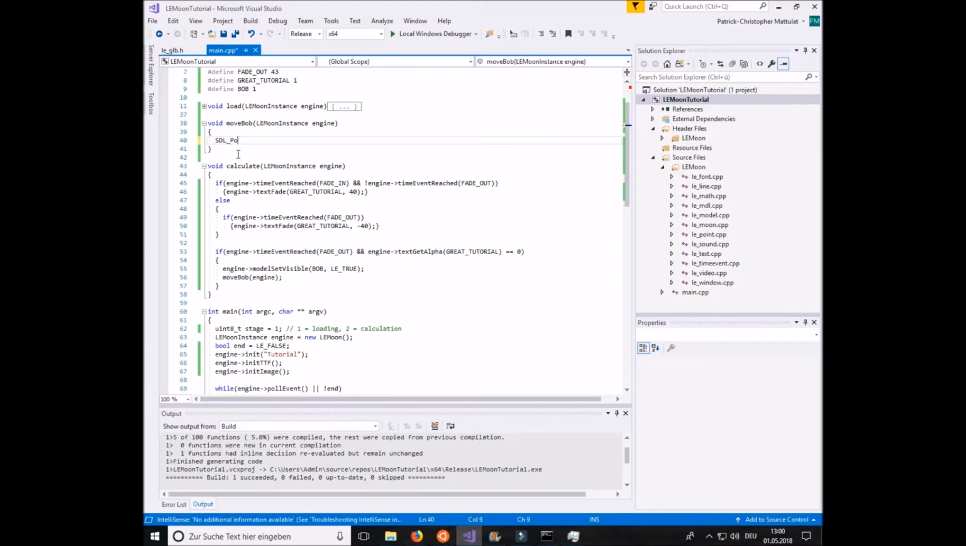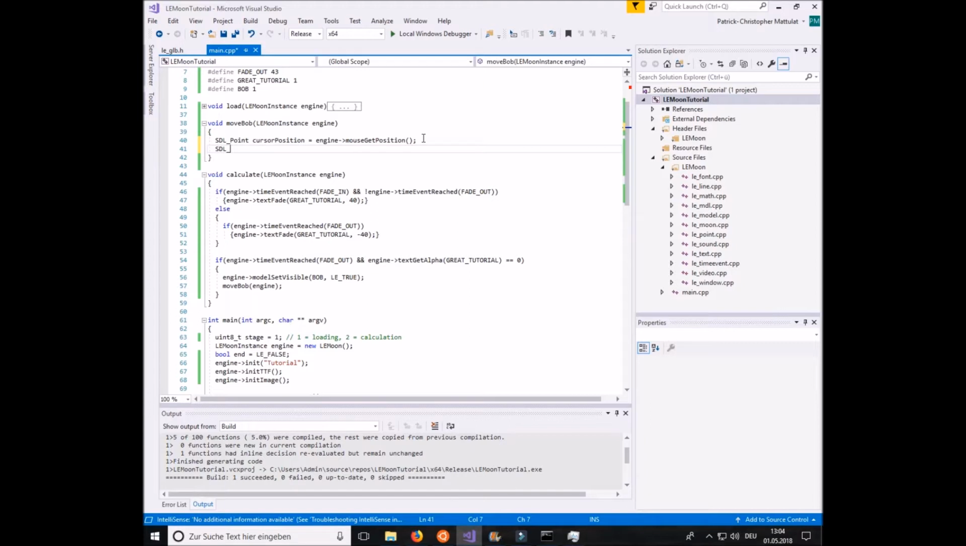Let's do this by creating a variable of type stl point. Let's call this one cursor position, and let's now call mouse get position. This function will return the mouse cursor position. Now of course we need the current model position as well, and it's the same procedure. Let's call this one model position, and let's call the model get position function,